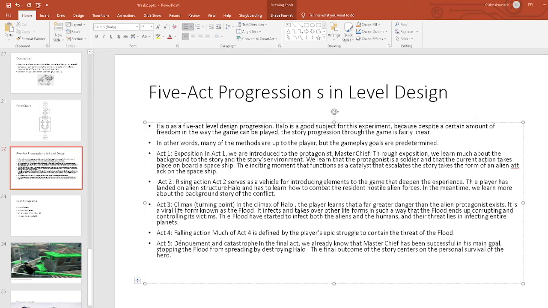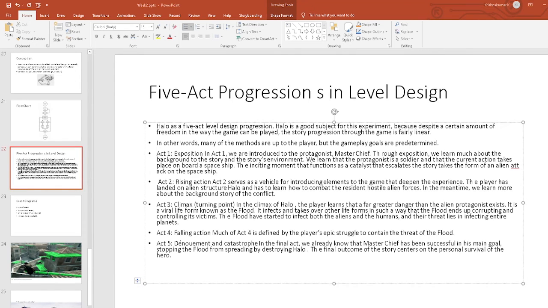We need to follow particular predefined goals. We need to follow a particular set of gameplay. So we cannot deviate from that. This is what we will be going to see in this particular gameplay, for example, capturing the flag.